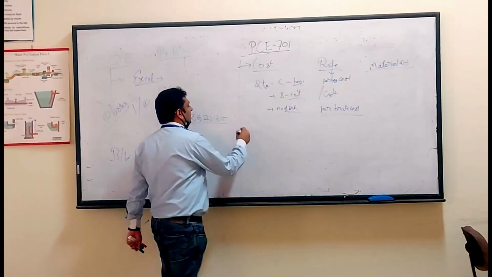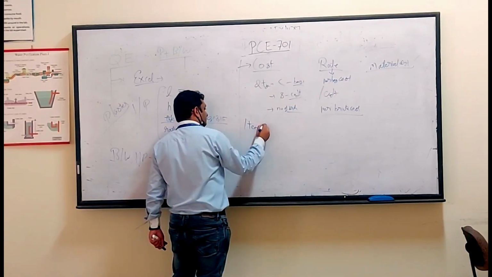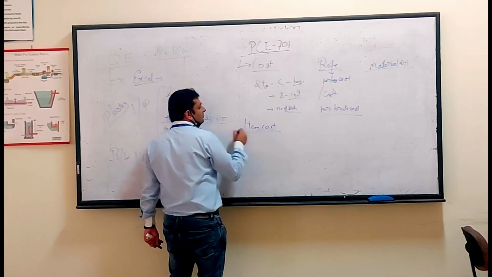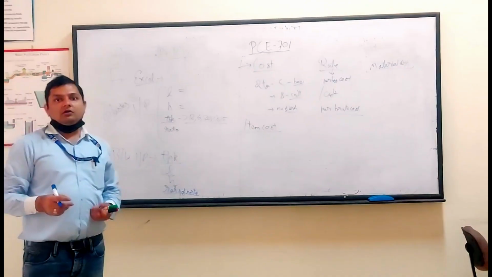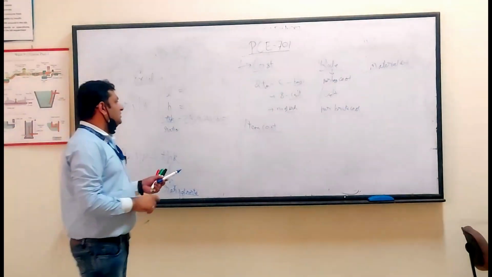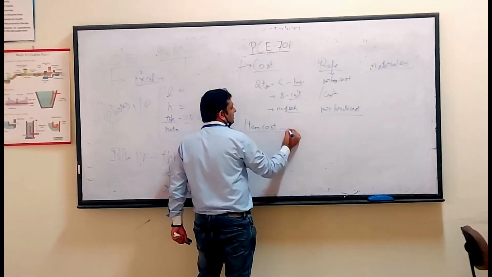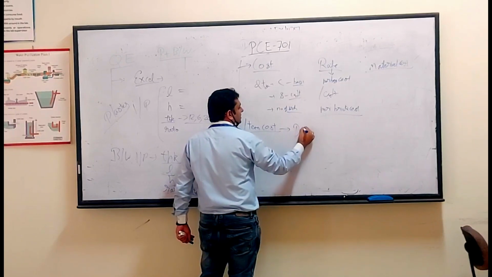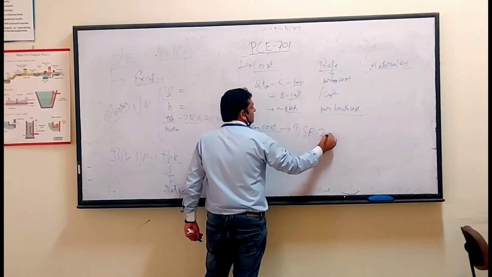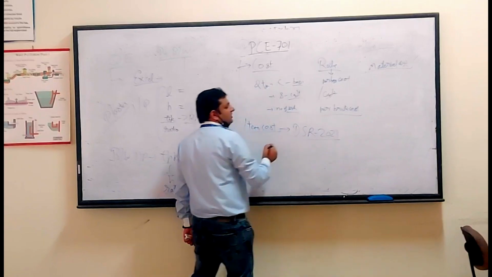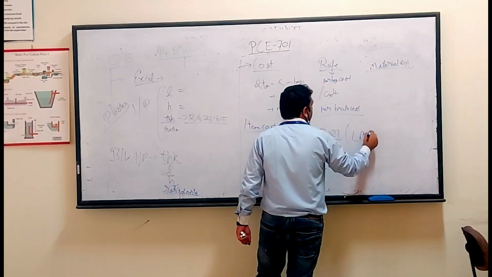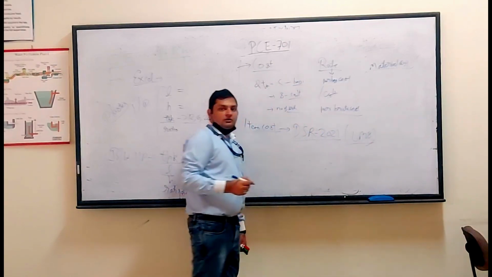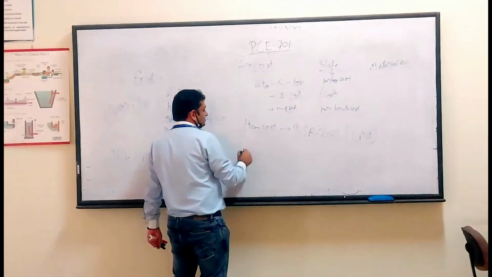Second will be your item cost. To construct a building, labor is employed, and labor also has a cost factor. So you take the item cost as per the work done from the DSR, Delhi Schedule of Rates 2021. This PDF is available on your LMS, in the model for that lab course. From that, you will take the item cost of what?